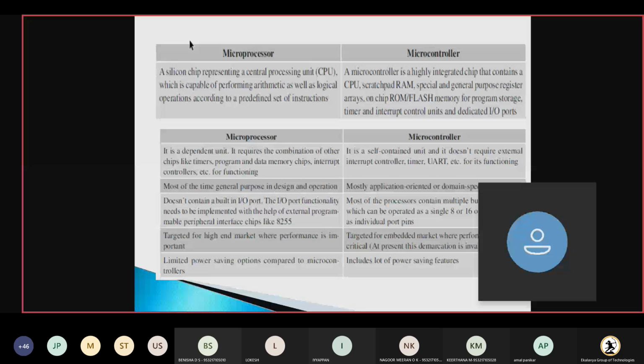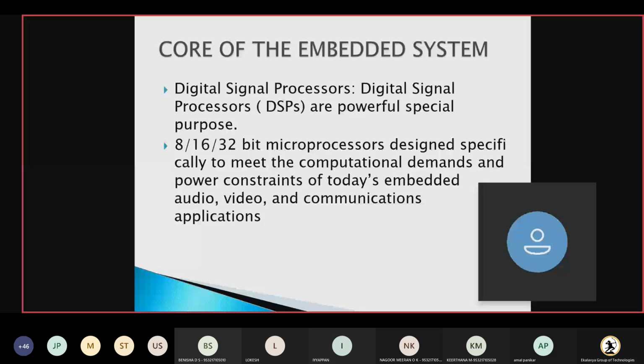Next, what is a digital signal processor? What is the difference between the normal processor and a digital signal processor? You know this one better. In the digital signal processor, the computing is needed very fast. We need to find the FFT or the DFT, and for that we need a large number of computations. That number of computations keeps increasing, so we need very fast computations. Those are called a digital signal processor.